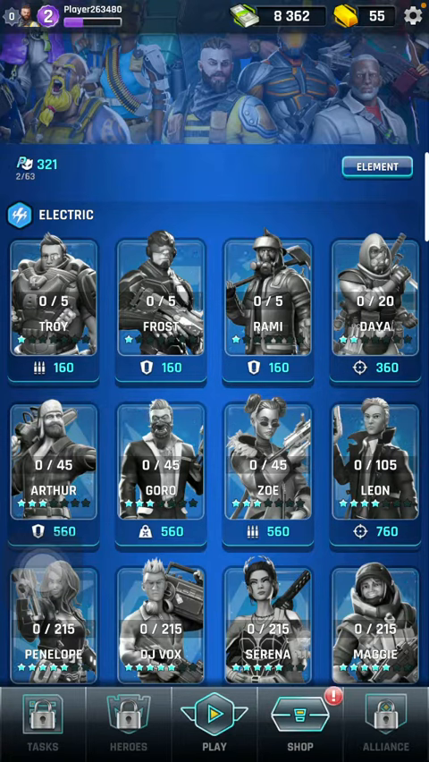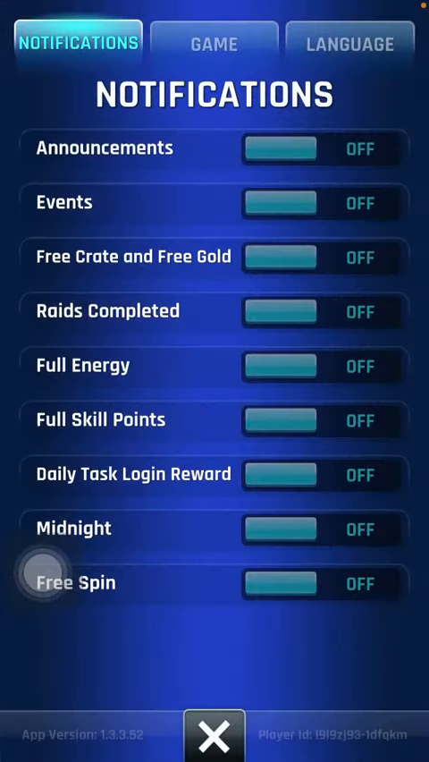First of all, open the application on your phone. Then you should tap on the settings icon in the upper right corner of the screen. Then click on the first section at the top, notifications, and here you can see that you have a bunch